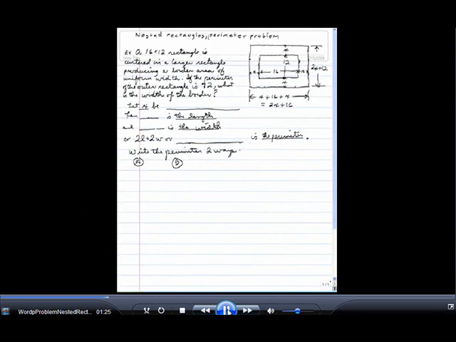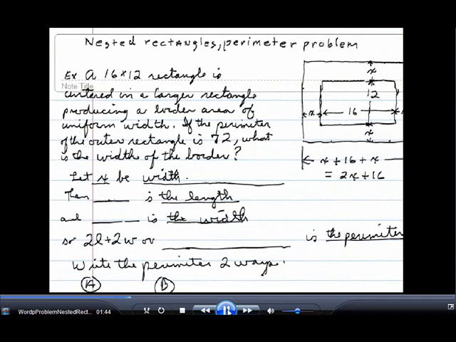Okay, we're going to do it by the format that I've shown you. We're going to start off by defining what we want x to be, and the problem says what is the width of the border, and the 5-step method says let x be what you're looking for. So I'm going to say let x be the width of the border. And to save some time, I've drawn that in so you can see the width x on the right and the left and the top and the bottom for the border area,